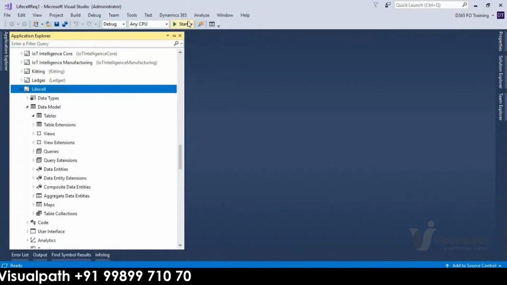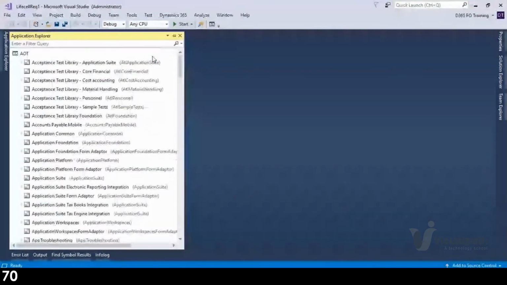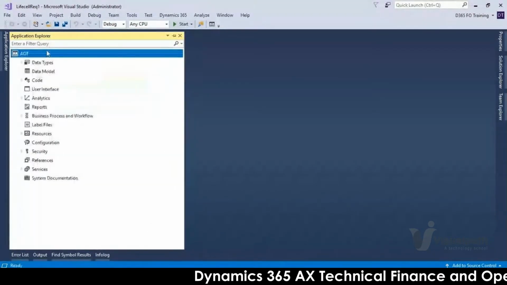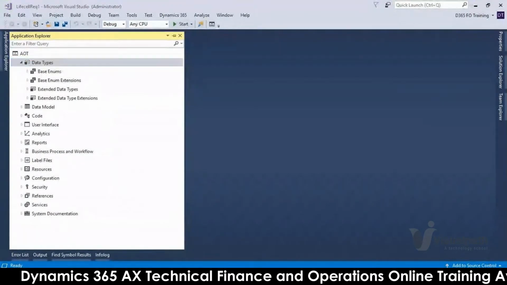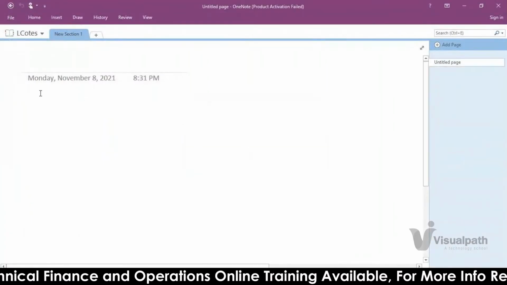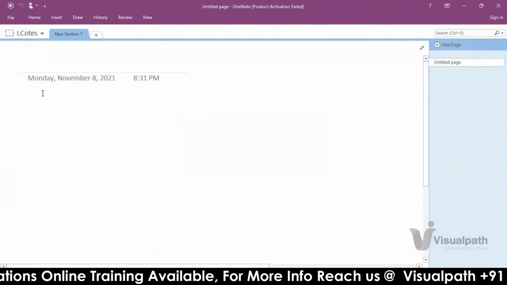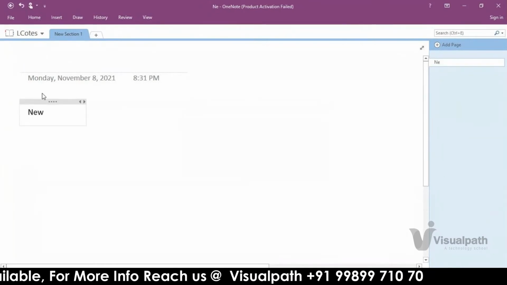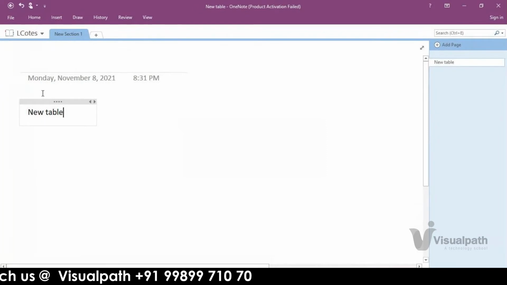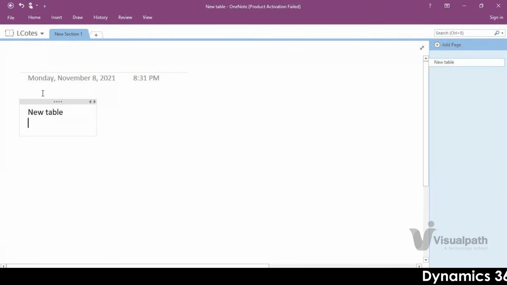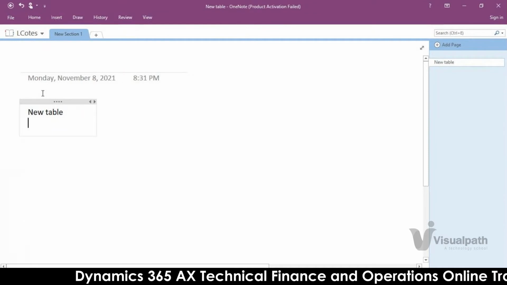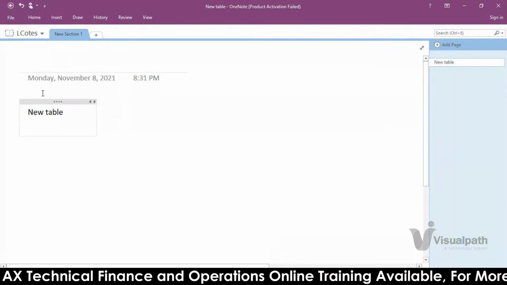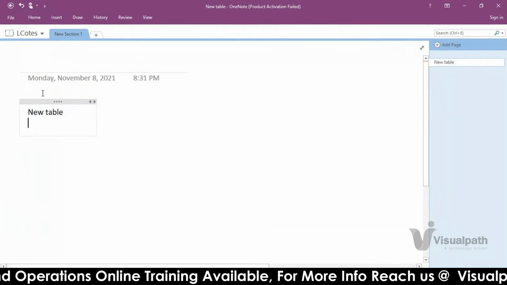Now I have created the model and I want to create a new object. I'm changing this one to classic view. We have different types of objects. Before going to that, for example, you have a requirement and you need to create a new table. If people are already using AX2012, can somebody come up with some requirements, so that we can use the same requirement, if you already have an AX2012 or any new requirement you are working on, so we can go one by one like that instead of creating training type of tables.